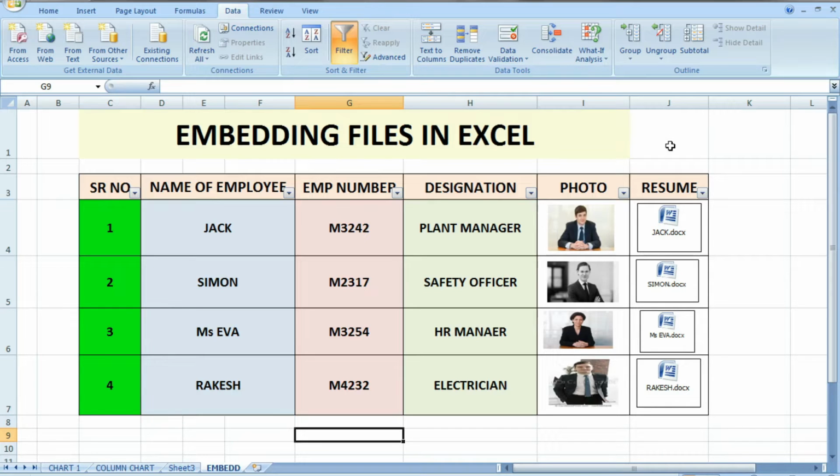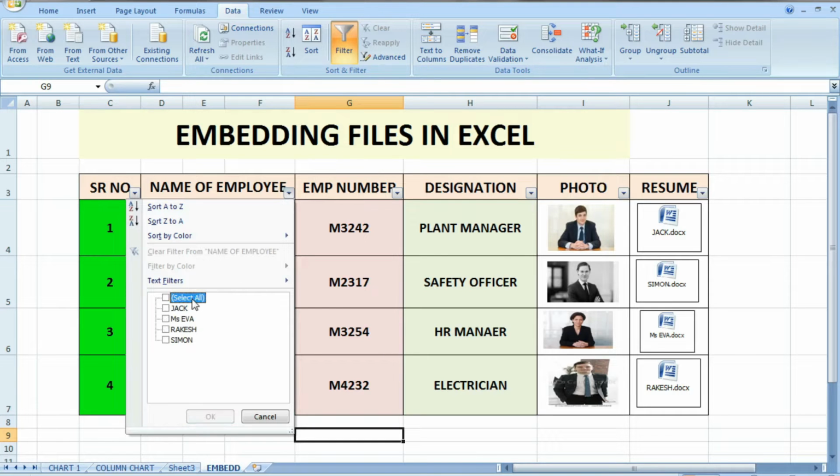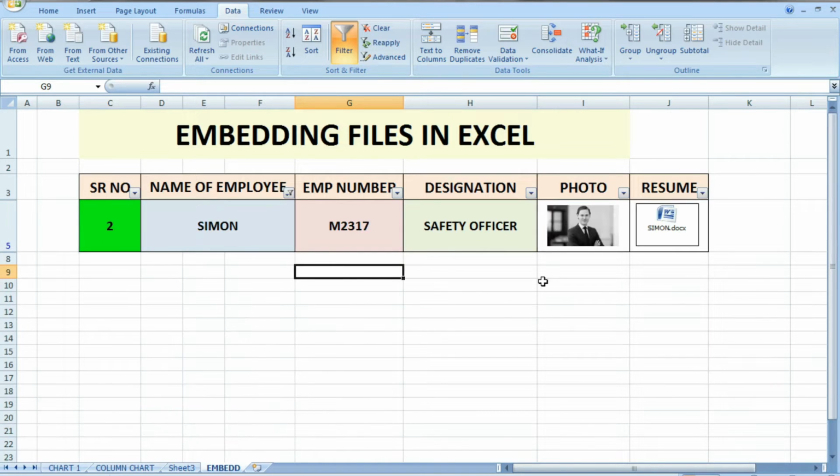So here if you filter any person's data, suppose you want to go to the data of Simon, then you just click here, and you have all the data available of Simon. This is his employee number, and also the resume of that person.